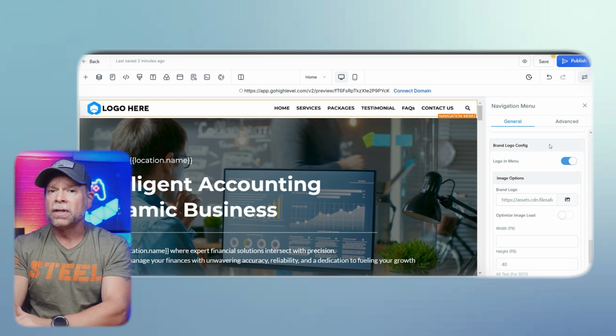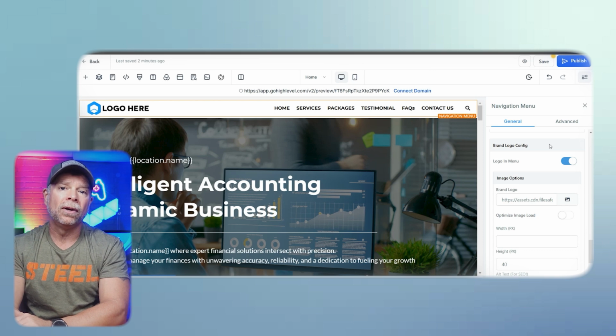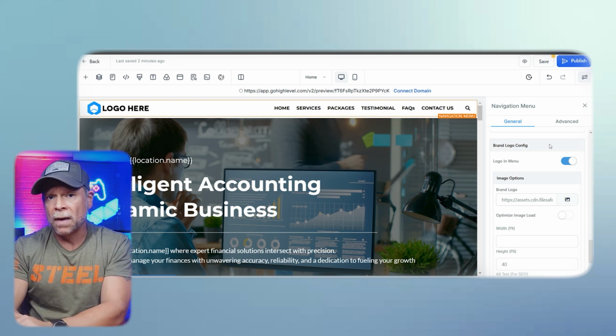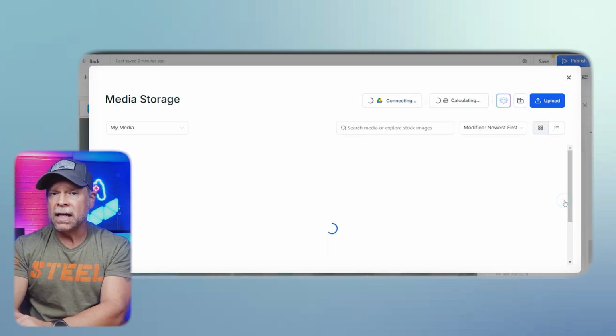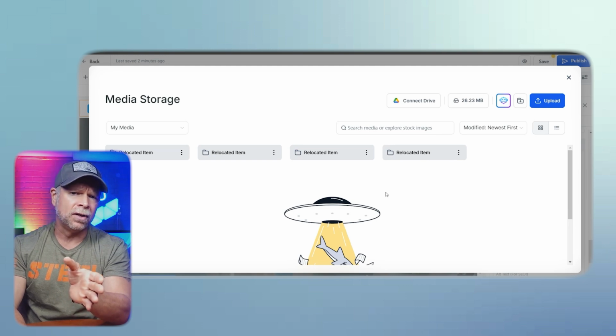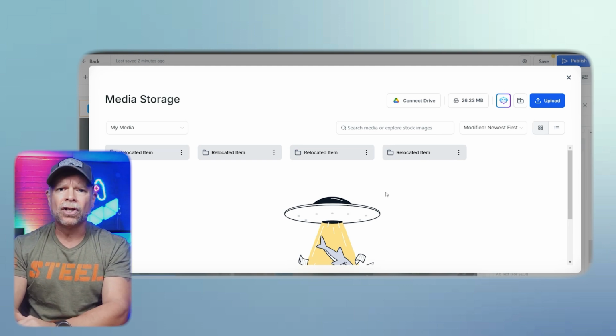Click on the logo section and a sidebar will appear on the right in the editor. Scroll down to the brand logo option, and from there, choose an image to upload from your computer. It's a good idea to use a high-resolution logo to ensure that it looks sharp and